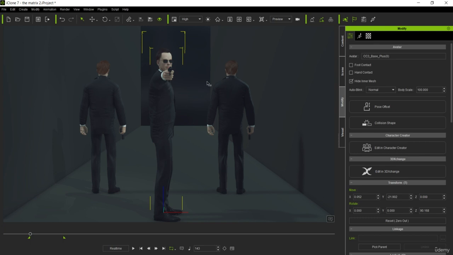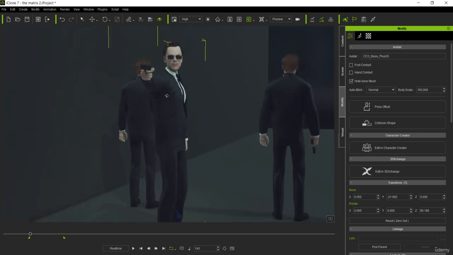So I already provided you with the motions and the poses that you're going to need to animate this, but you're going to have to save it to your project. You need to save this pose and you need to save this pose so that you can use these two poses to animate the gun movement. Okay, so step one, this pose, to save this as a custom motion